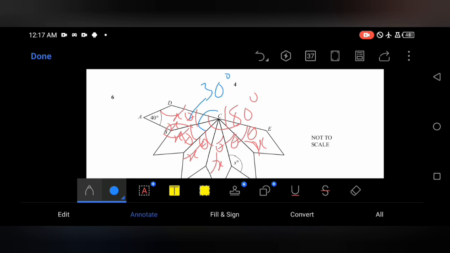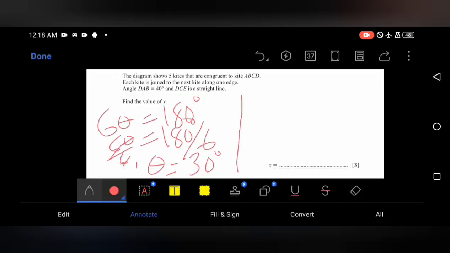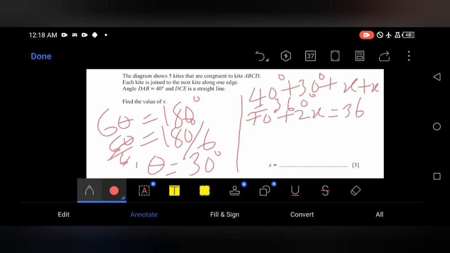Now, from what we have, it means that 40 plus 30 plus 2x equals 360 degrees. Let's find the value of x. 40 degrees plus 30 degrees will give us 70 degrees. So we have 70 degrees plus 2x equals 360 degrees. Now, 2x equals 360 degrees